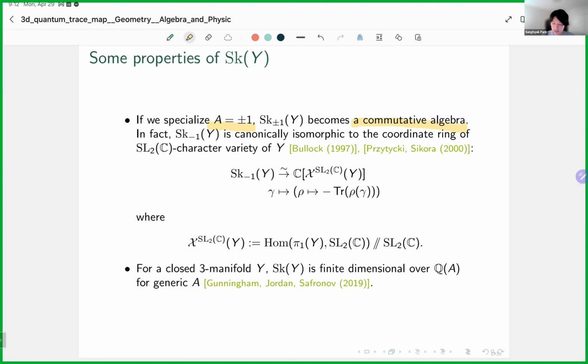And in fact, when A is -1, this commutative algebra turns out to be canonically isomorphic to the coordinate ring of the SL2C character variety of the three-manifold. And this was shown in the work by Bullock, Przytycki, and Sikora in the late 1990s. So this SL2 character variety is